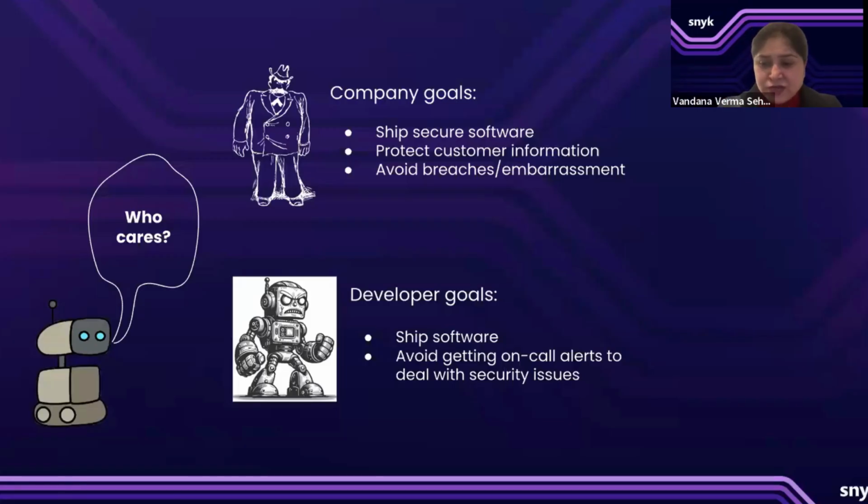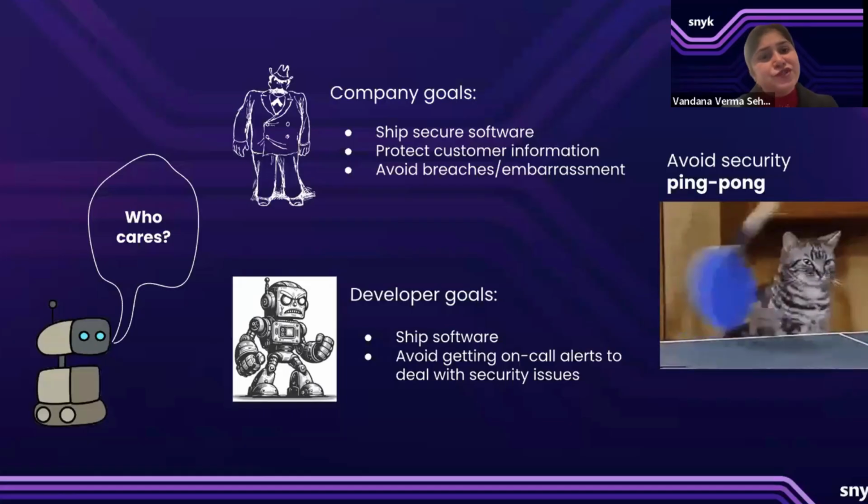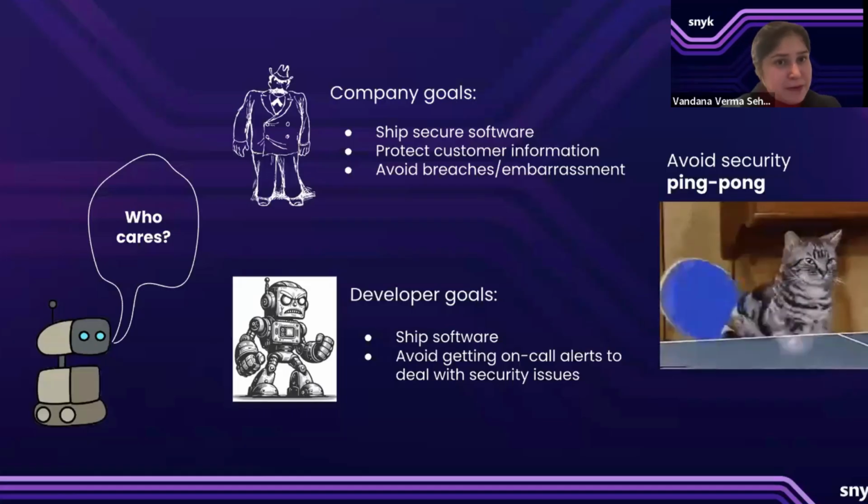Because it's not just the security team that will be held accountable, it will be the people who are involved: security, operations, project managers, everyone. So security is everyone's responsibility, and software also is everyone's responsibility. We don't want to take a chance that, oh, I'm not going to own it. No, that's not the case. If something happens, it's everyone who's responsible for it, because it's not just one person, it's the whole organization.